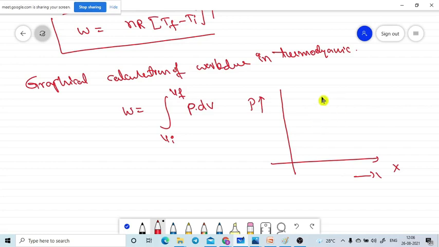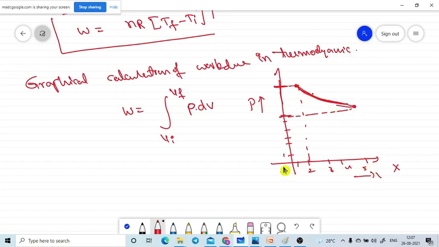Let me take one small one. Here is the higher pressure, here is the lower pressure. If the pressure is decreasing, we are coming down from higher pressure to lower pressure. Along the volume axis, if you go from 0 to 1, 2, 3, 4, 5, it is the higher value going one way and the lower value the other. Where the pressure is decreasing, the volume of the system will definitely increase. So where the pressure is decreasing, volume must increase.